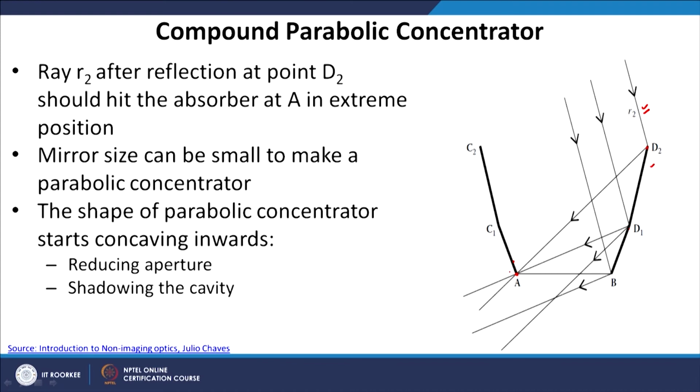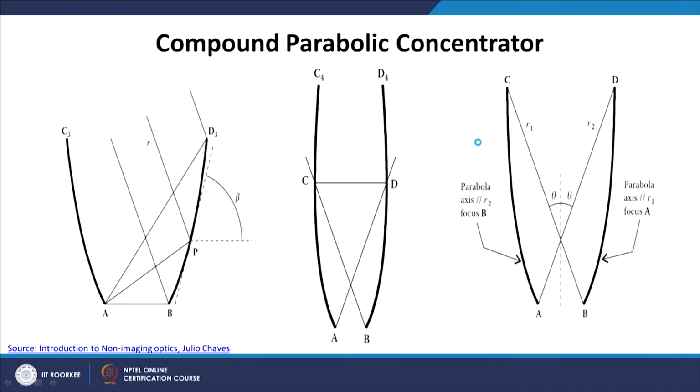So, we have added 2 layers of mirrors, and whatever radiation is coming from this direction, all the radiation is passing through AB, and no radiation is actually falling onto the mirrors AC1 or AC2. So, we do not want any radiation to be reflected out of this cavity. So, we keep on adding mirrors, and we assume that the mirrors are very small in size. So, what we get is a parabolic geometry. So, this is a parabolic geometry, okay, and this is the aperture.